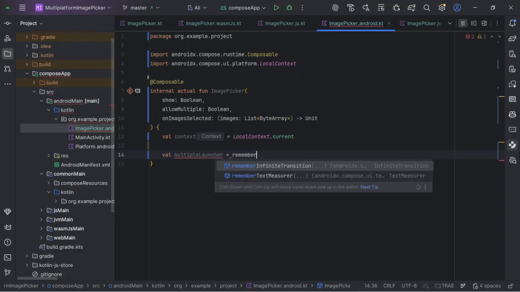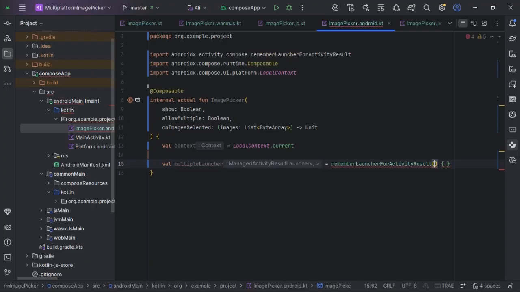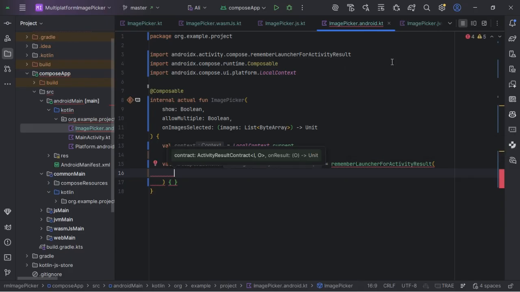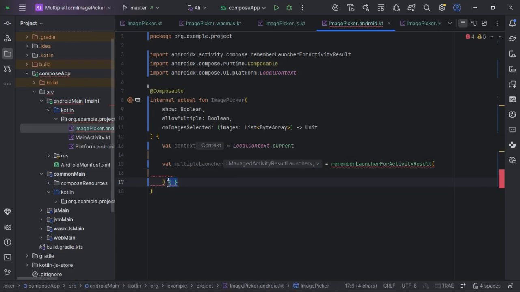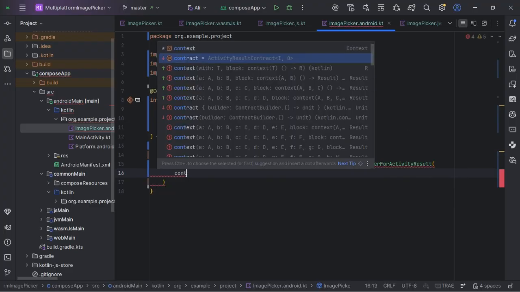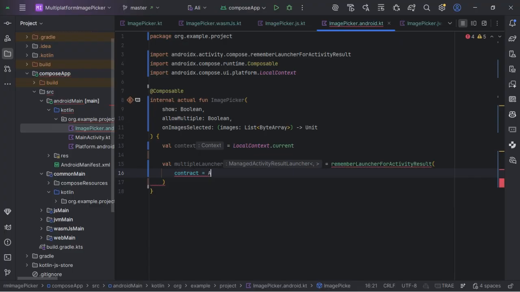And this will be equal to remember launcher for activity result. This remembers the launcher across recompositions. Let's first remove this. So we always remember the launcher across recompositions within the application. After declaring this, we can give it its parameters, and we take in a contract,